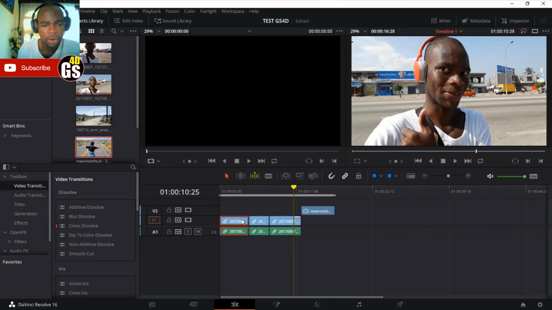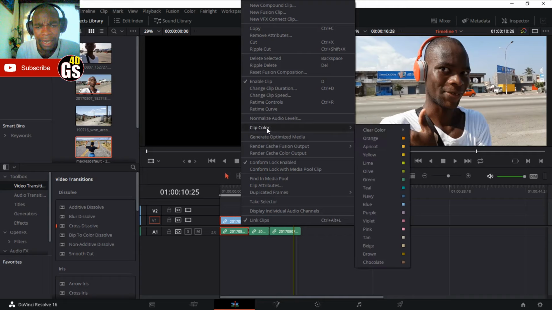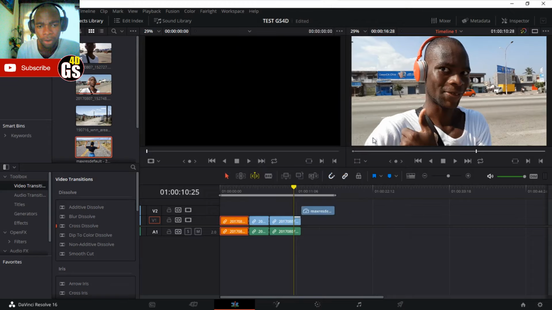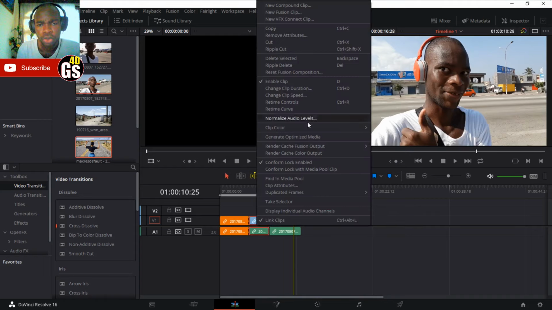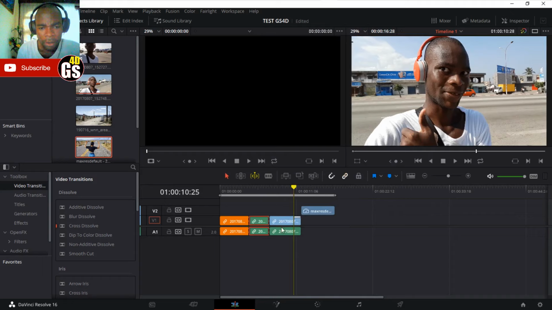Select the video that you have cut, do the right click, and you can choose a color directly here. For example, for the first, color orange. For the second, choose another color. Color green.